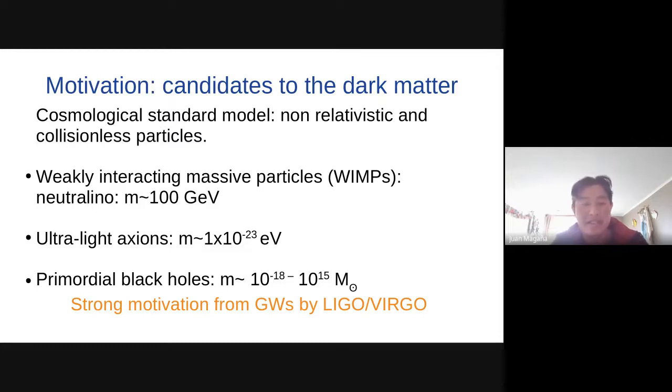Of course, there are also these hypothetical black holes formed in the early universe, and they can cover wide ranges of masses from 10^-18 to 10^15 solar masses. These primordial black holes are a kind of ultra cold dark matter with a high mass.